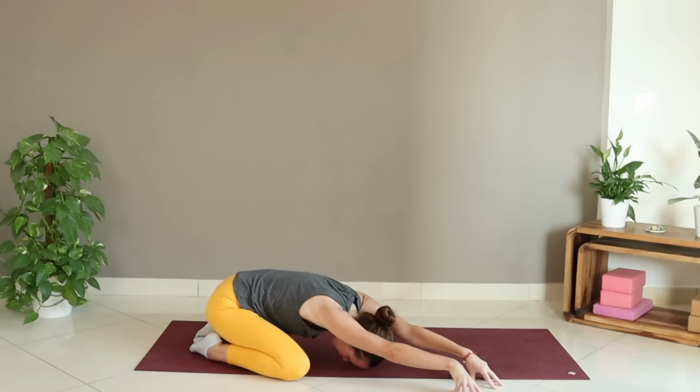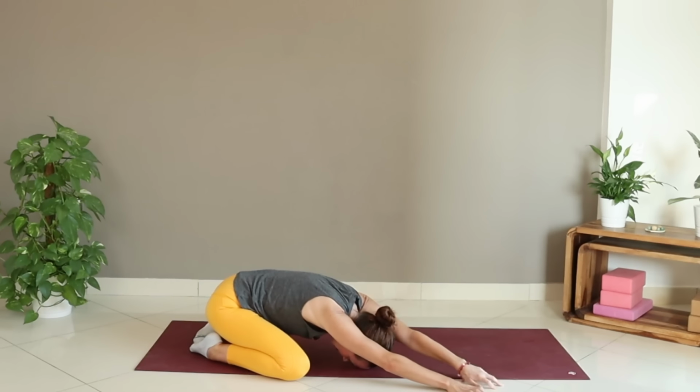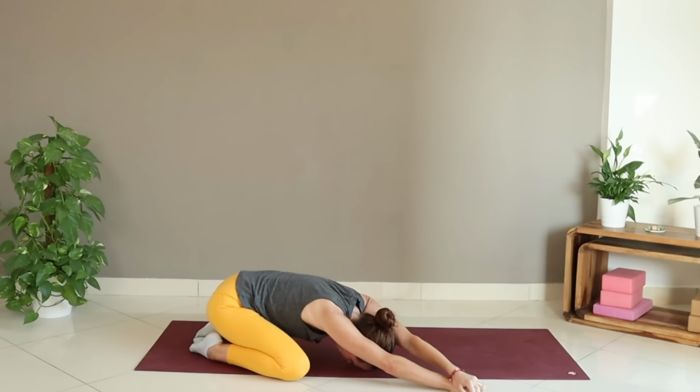Again, you could be up on fingertips, or the hands could be alongside one another. You might even like to place the left hand on top of the right. So finding a big side body stretch down the left side, reaching that little bit further,